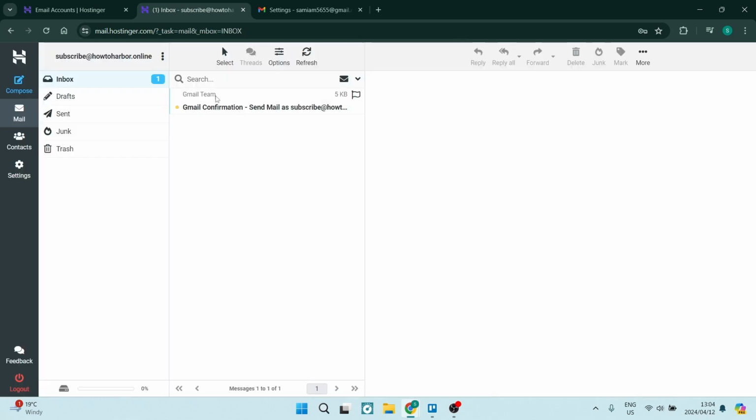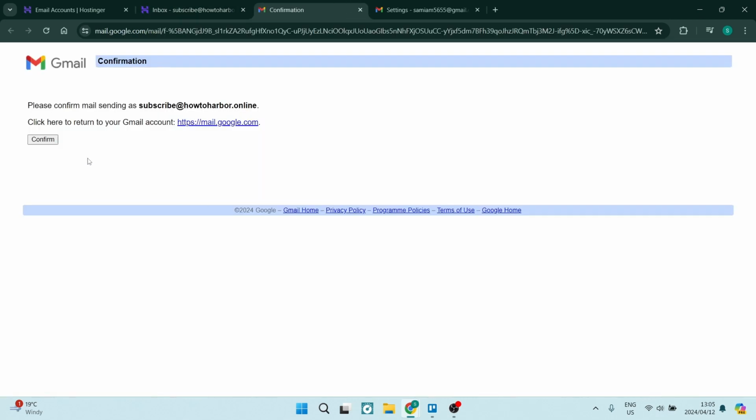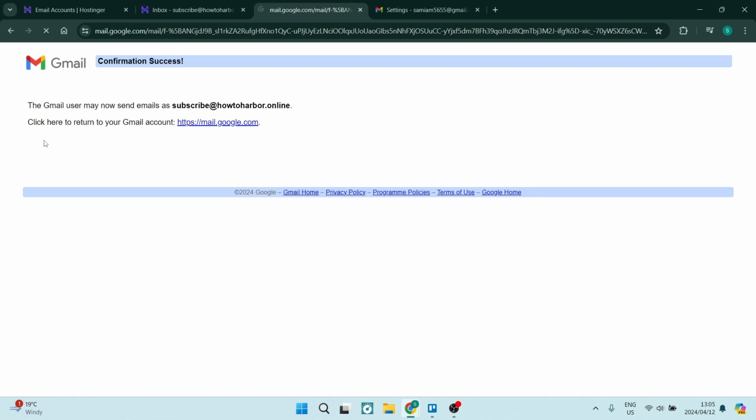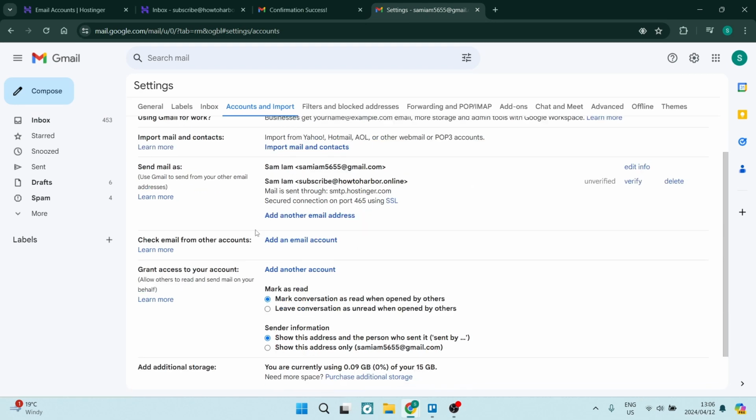Now in this inbox you can see there's a Gmail team email, and over here you will have a confirmation link. Okay, so just over here, you're going to tap on this, and it's going to say, please confirm mail sending as this email address, and we're going to go ahead and tap on confirm. So from here, what we're going to do is jump back into our settings in Gmail, and we're going to go ahead and look for the check emails from other accounts,